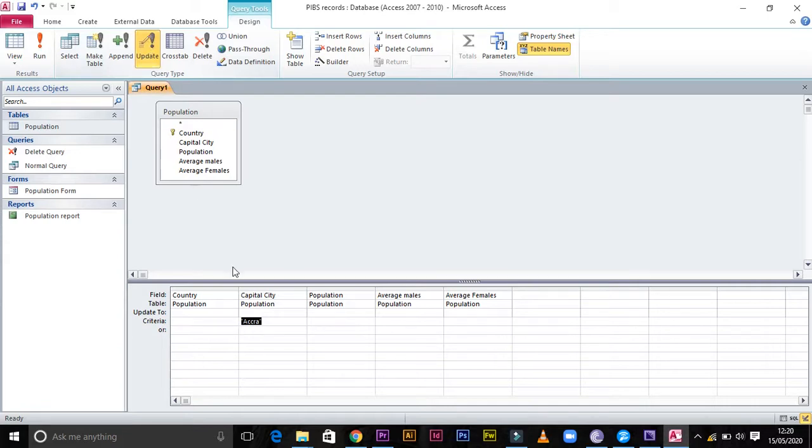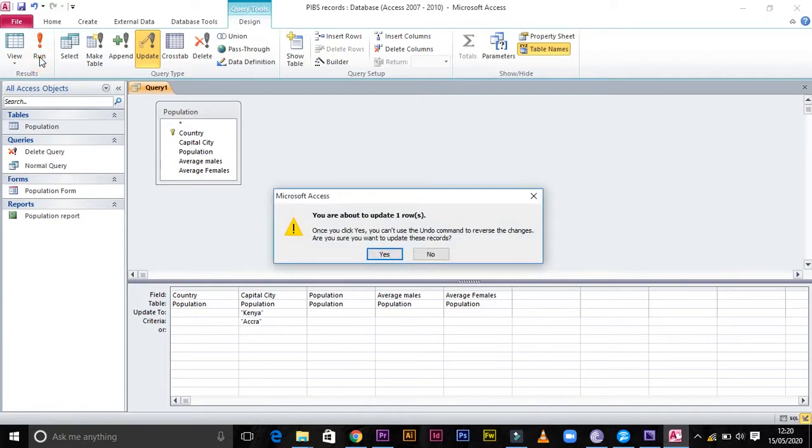You can see we have another row which says update to, and in the same column write what you want to insert after removing Accra. So just write Kenya, for example, then you run.